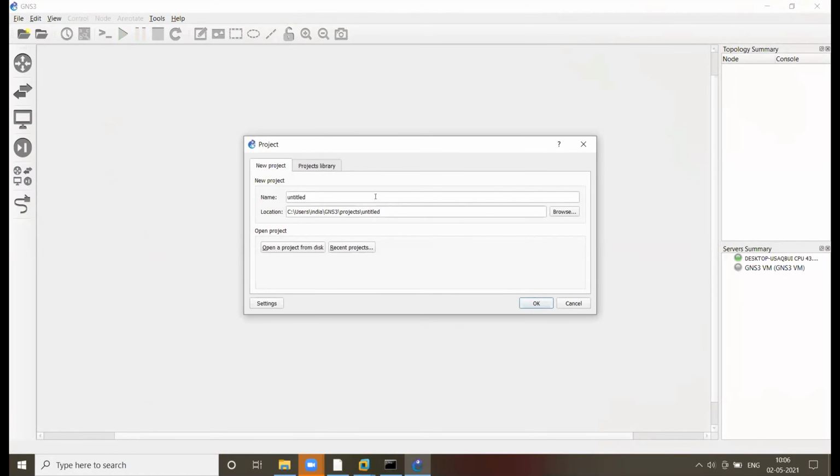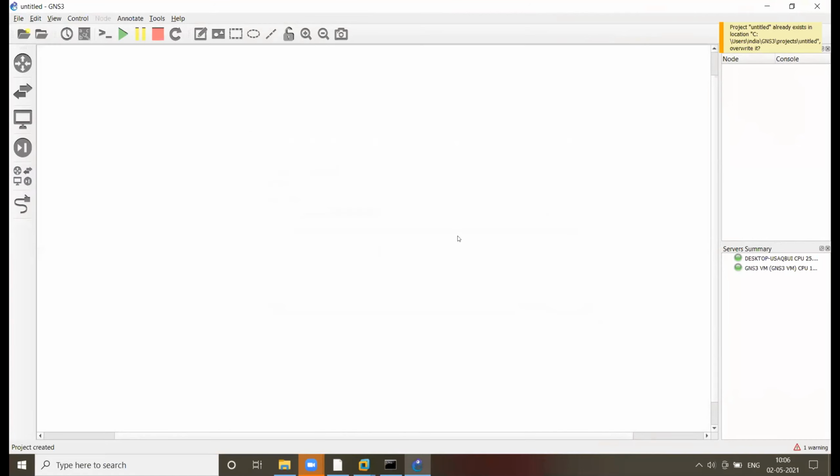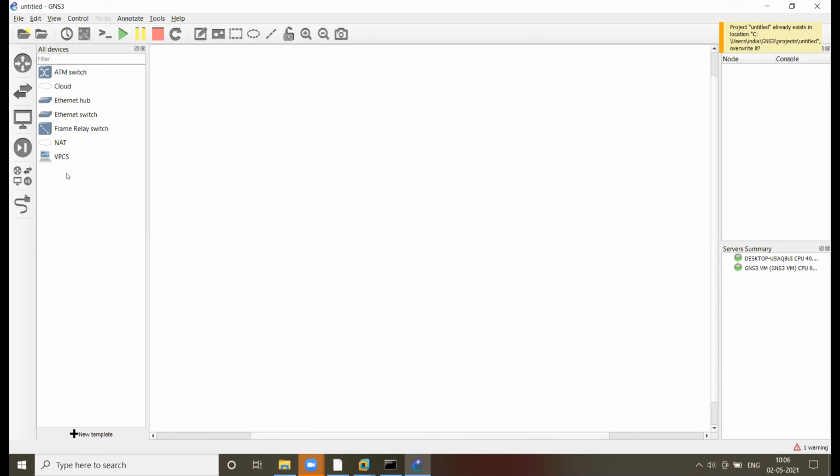Yes, we can try. Nankishore, can you please click on OK? Now click on the Devices tab. Fourth one, yes, fifth. Click here, right click, and click on new template.